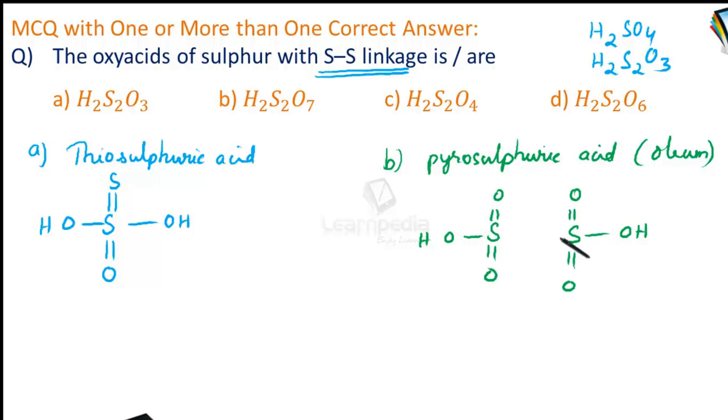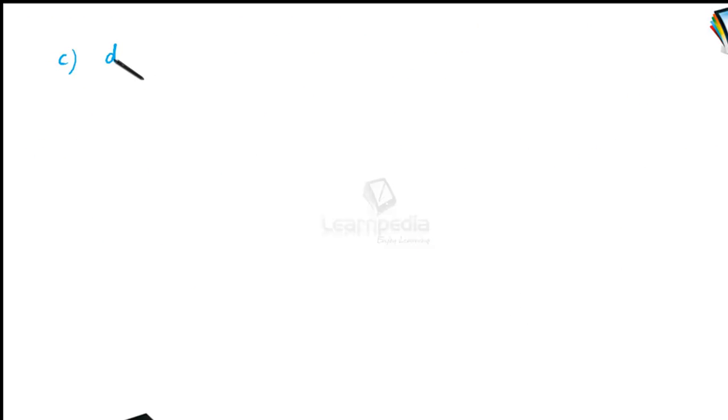So totally 4 are completed and still 1 more oxygen is left, and that comes in between the 2 sulfurs. So here there is a sulfur-oxygen-sulfur linkage. It is not a sulfur-sulfur linkage. The third one is H2S2O4. This is dithionous acid,